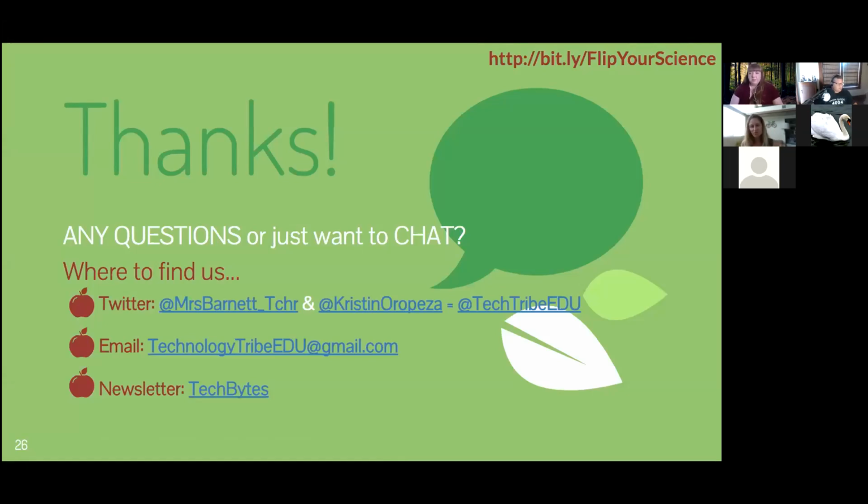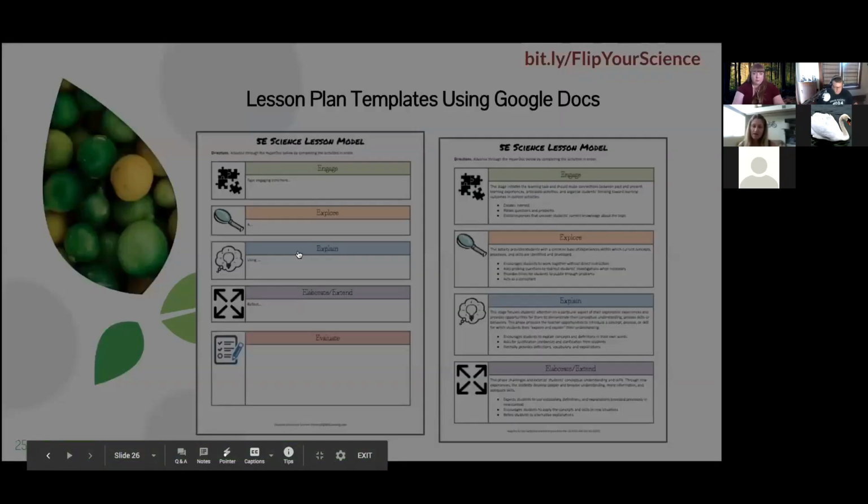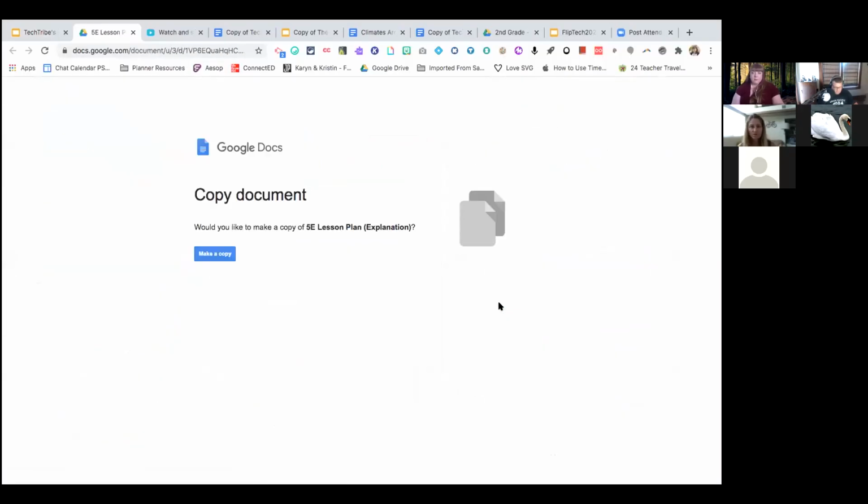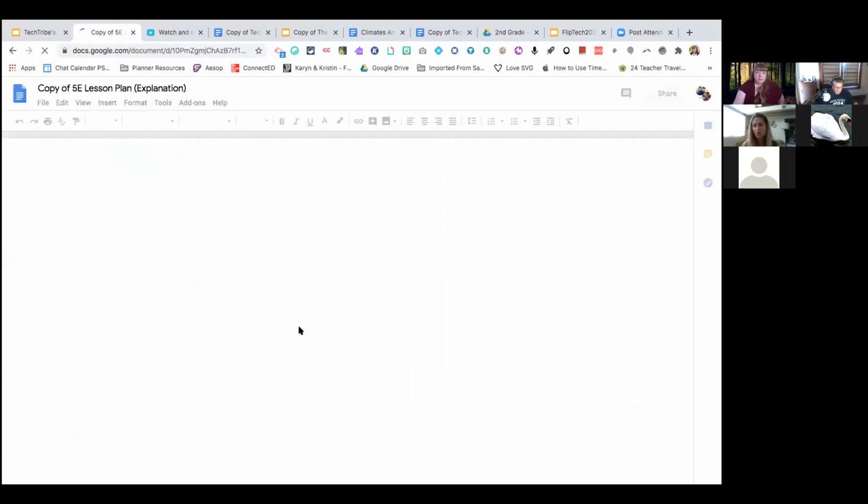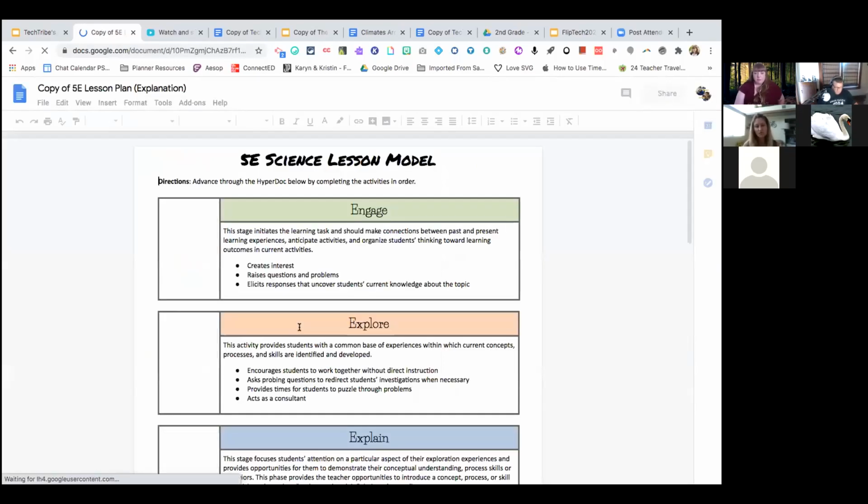The best thing you would do is, for instance, on this last slide, if you're in our presentation now, you would insert a link. Kristen, do you want to open up one of the Hyperdocs? Okay. So we'll just show you quickly how to make a hyperlink. That part is super quick and easy. So we'll show you this first.